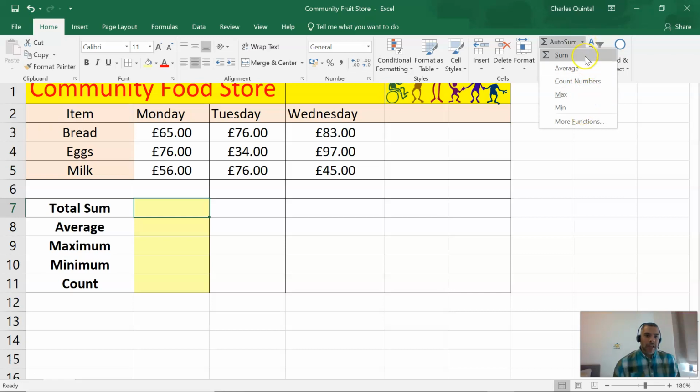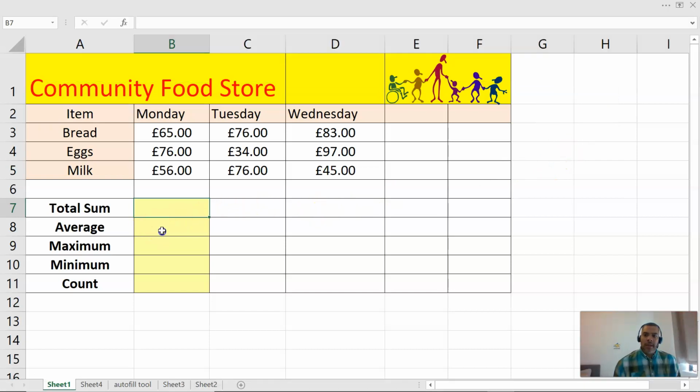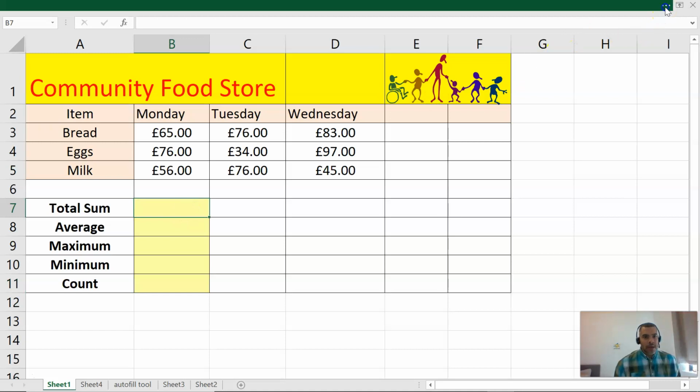Now these 5 functions here are the most common ones, and that is why you see them in Excel when you do the drop down box. And so what we're going to do is click in the cell where we want to find out the total. So we want to find out the total sales for these items from Monday through to Wednesday. So we'll click into the cell. Step 1, we click into the cell where the answer is going. Then we're going to go get our function,